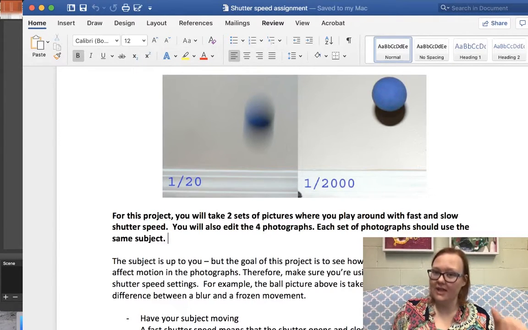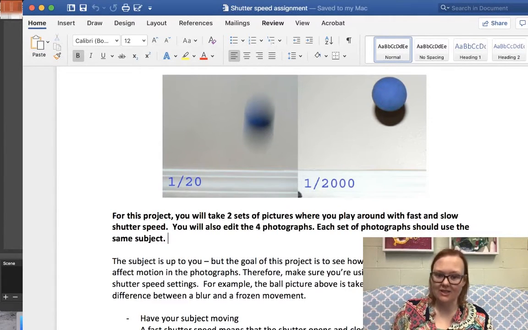So tell me the exact settings you're using. Let me know what kind of camera you're using. Looking at those intro videos that talk about your specific camera type may help. Again, these are not easy things and they take years and years to master. So if you don't nail it on the first assignment, just know the next assignment could be an opportunity to